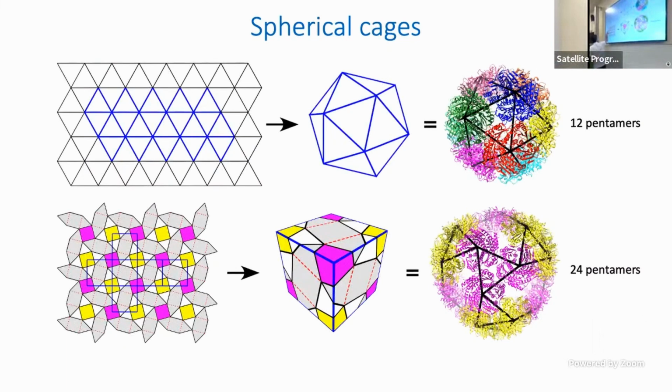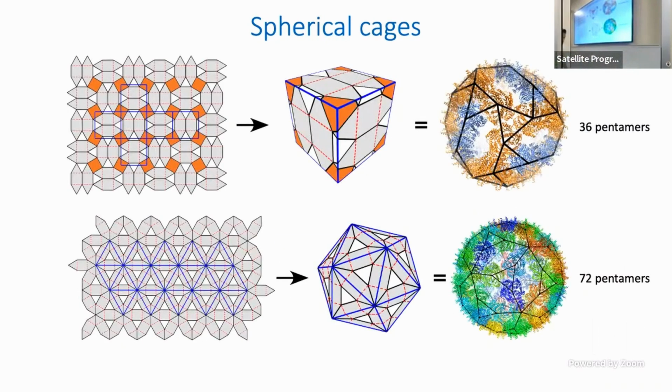So we have to put squares, the net of a cube here, because we have this 4-fold symmetry. And if we cut it out and fold it up, we get the 24 case. This predicts a 24. The other tiling is that one. Again it's 4-fold, which means you could just embed the net of a cube. If you put the net of a cube, cut it out, and fold it, you get the 36 one,